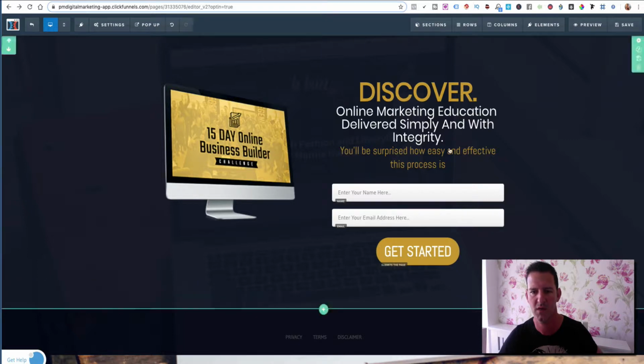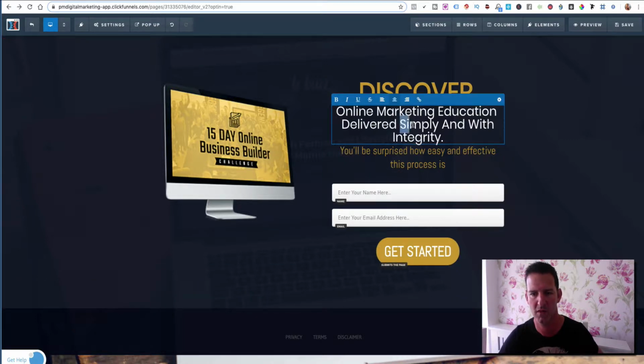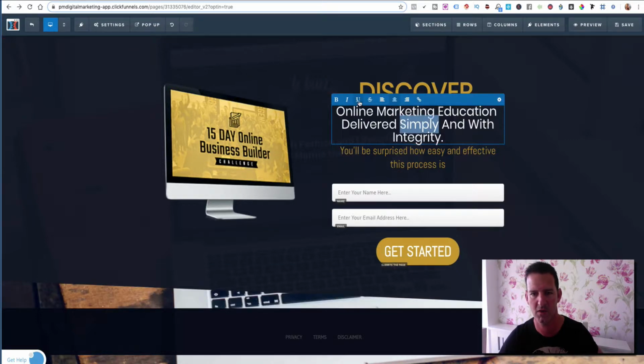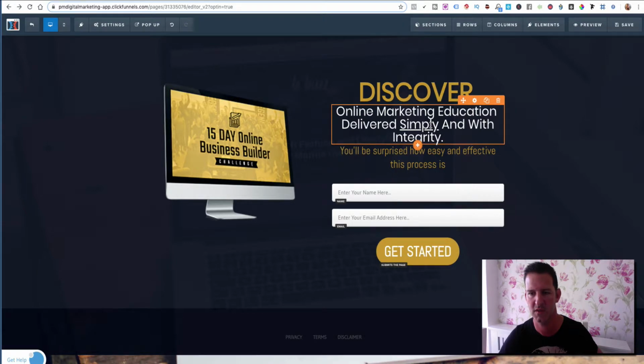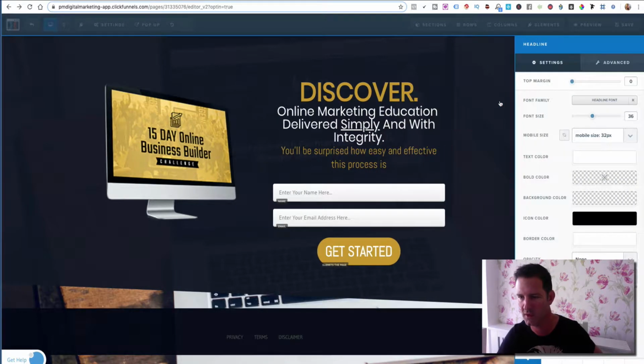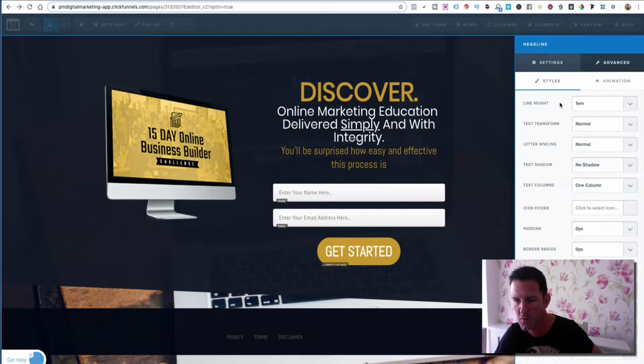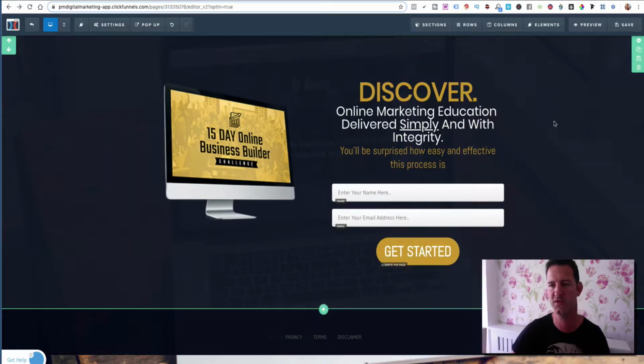There we go, and that is underlined there, so we're going to underline that. And what else have we got with that? And underline. I wonder if we can change the colour of the underline section on that one. I don't think we can. Nope, we can't. Okay, no worries. Right,